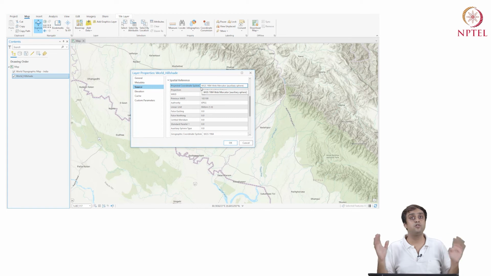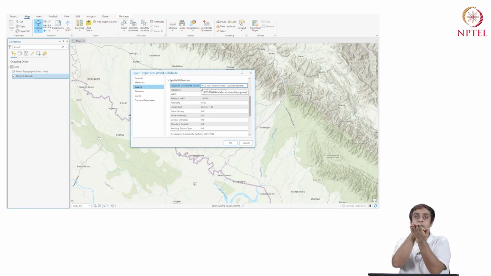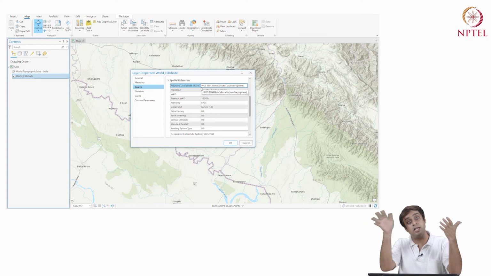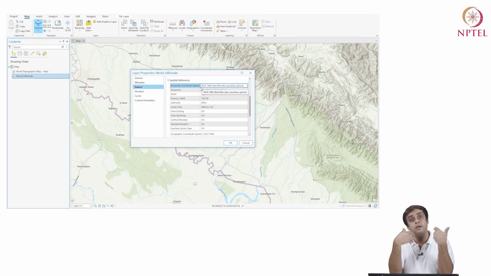So the first thing to check when we are combining two data sets, learning from two different layers, which we will do throughout this course, is this: if they are not coming from the same coordinate system, then the first step is to convert them to the same coordinate system, right? And to do that, we will talk about it in a minute.